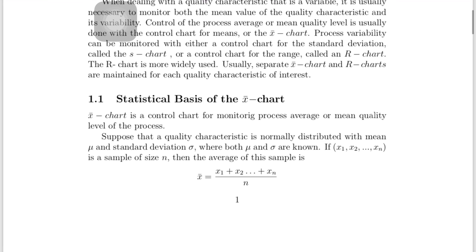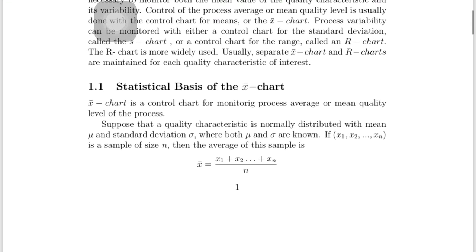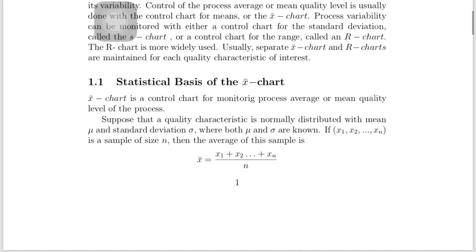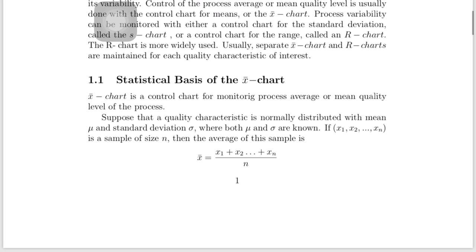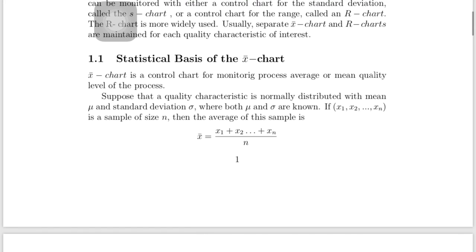You know, the charting statistic we are using for this particular purpose, X bar chart, is the statistic X bar, that is the arithmetic mean of the sample of size n. And we have to take a number of such samples. Say for example, m samples you are taking for this purpose, and for each sample you are computing X bar,